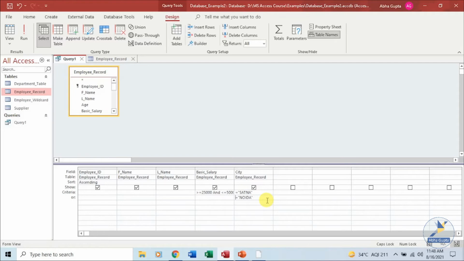To avoid that, we have wildcard characters. Wildcards are special characters that can stand in for unknown characters in a text value and are handy for locating multiple items with similar but not identical data. Like I said, I can have various cities with similar names, Noida, Nagpur.